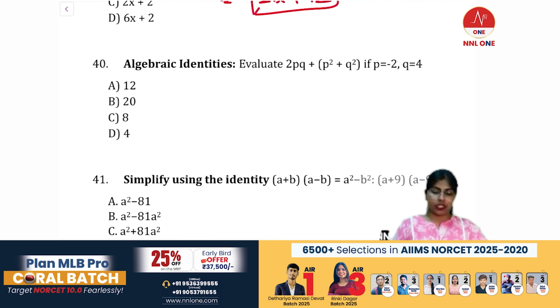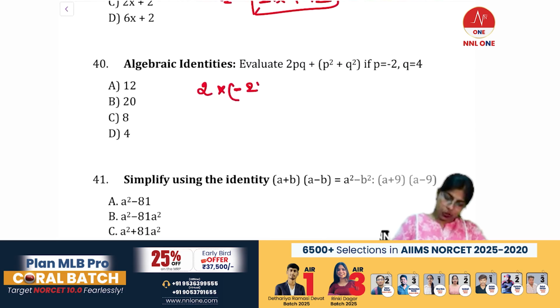Next. Okay, the next question is evaluate 2pq plus p square plus q square if p is equal to minus 2 and q is equal to 4. Simply we are going to solve it by substituting the values. They have also given the values of p and q. We are not going to apply any algebraic identities in this particular formula. We are going to simply apply the values. What is the value of p? It is minus 2. What is the value of q? It is 4. Plus what is the value of p? Minus 2 the whole square